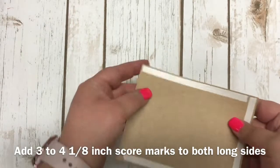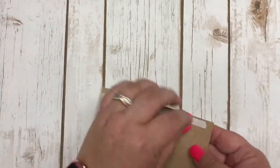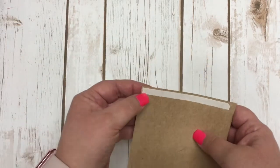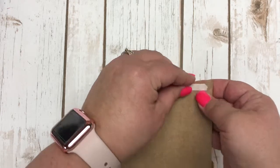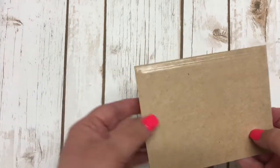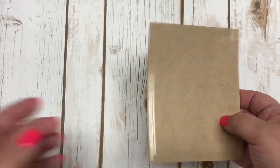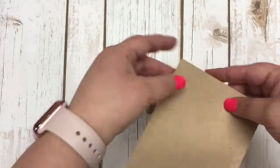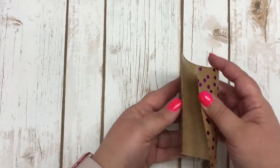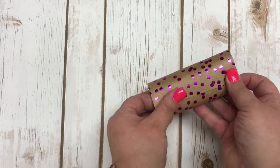From there, I'm going to go ahead and peel back this tape from my piece of paper here. And this is the tear and tape. If you haven't used it yet, it's great for 3D projects. And this one, the fast fuse did not work the best. And since our fast fuse is going to be going away, I need to get used to using our tear and tape. From there, you're just going to go ahead and fold this over about 1/2 of an inch and secure it down into a circular looking